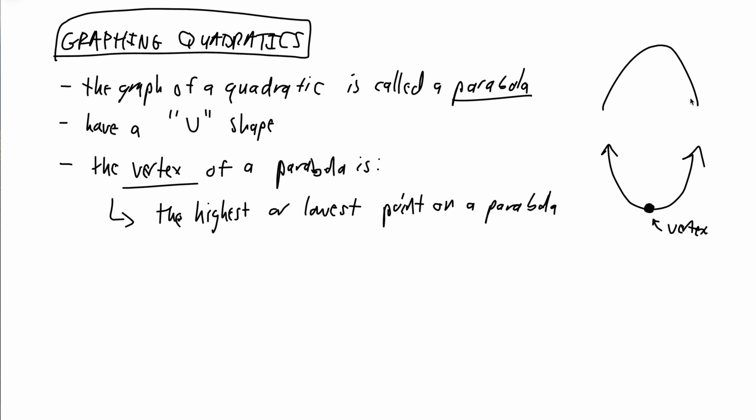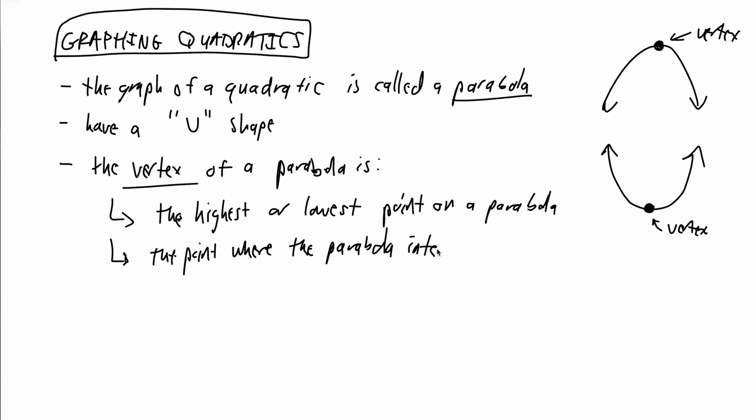If you had a parabola that was opening downward, you would see the same thing, but at the peak, right? So this would be the vertex. Okay. So the vertex is the highest or lowest point on the parabola. The vertex is also going to be the point on the parabola where the parabola intersects